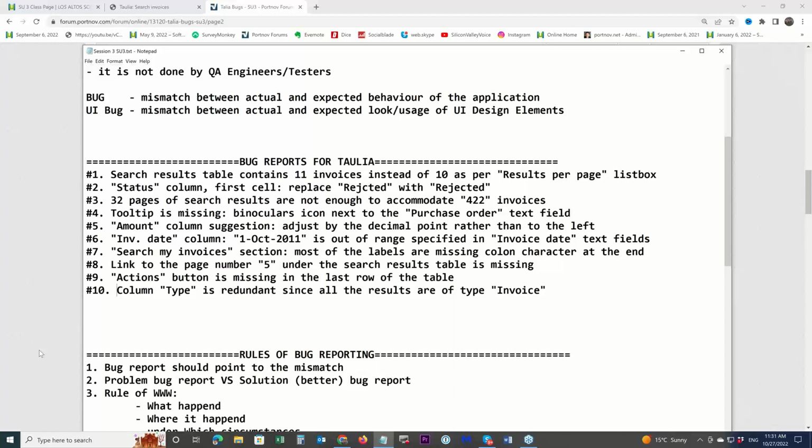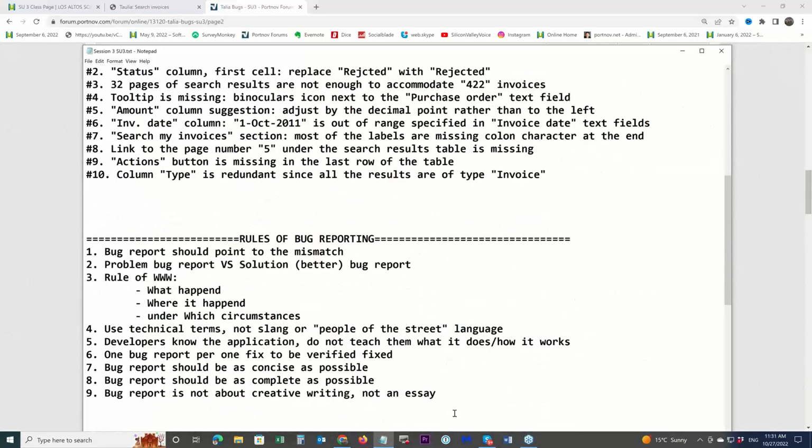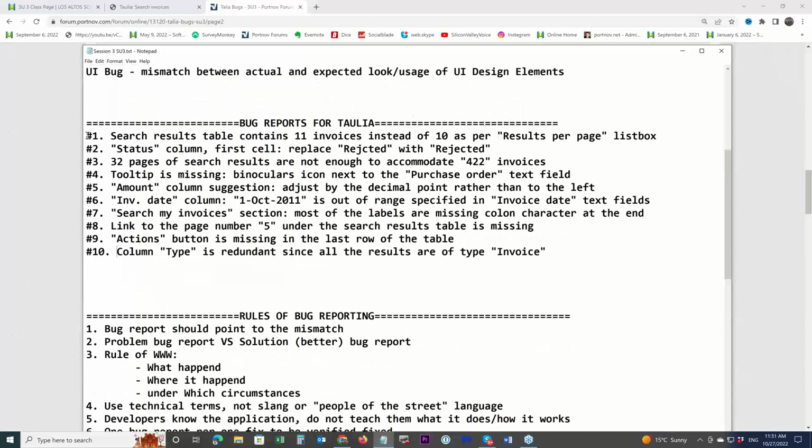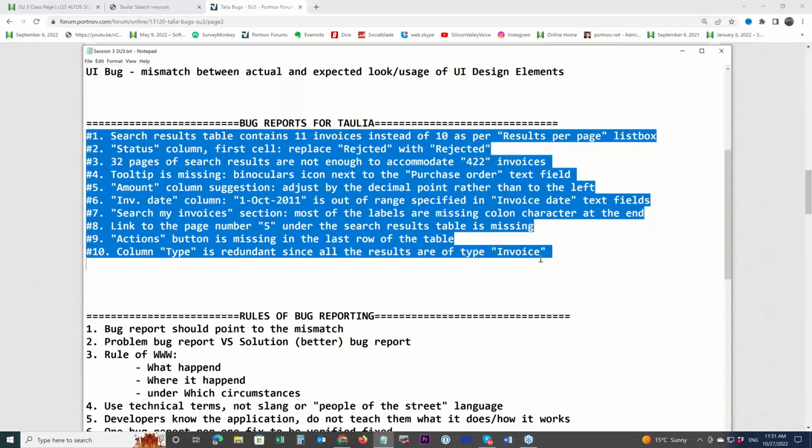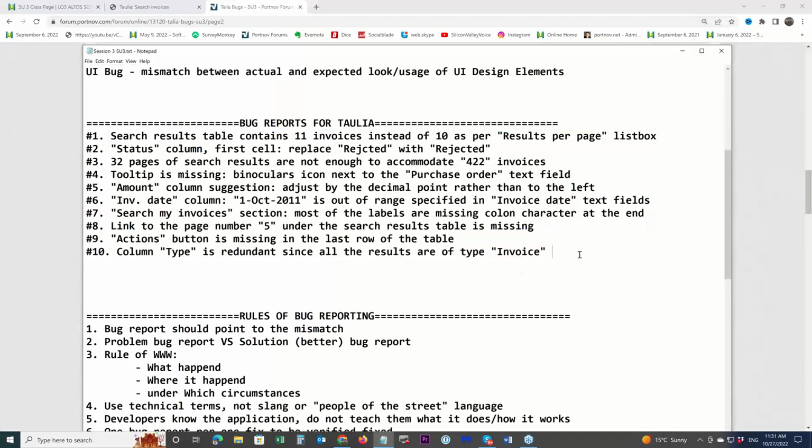Doesn't matter. So we are still working with bug reports. The most important part of your homework is to apply the 9 rules and the 10 examples of bug reports to what you've done so far, and you might find more bugs actually.